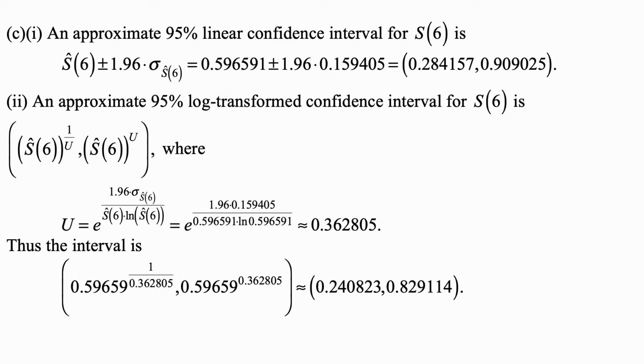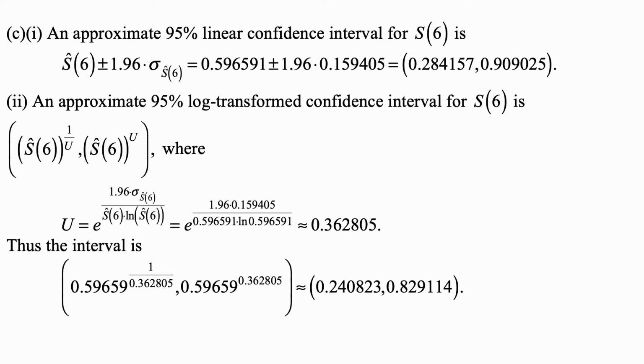For part C, part 1, an approximate 95% linear confidence interval for S of 6 is S hat of 6 plus or minus 1.96 times the standard deviation we just calculated. And so we use the values we just calculated and get the interval from 0.284157 to 0.909025. While an approximate 95% log-transformed confidence interval for S of 6 is S hat of 6 to the power 1 over u to S hat of 6 to the power u,